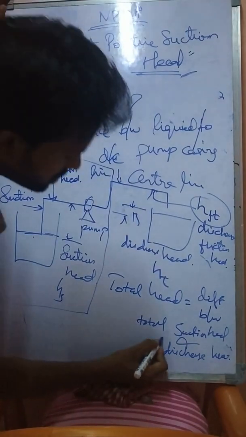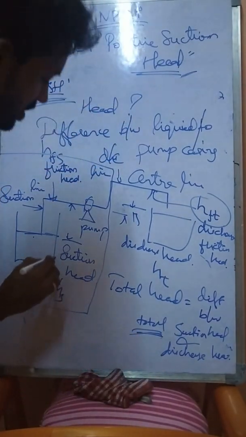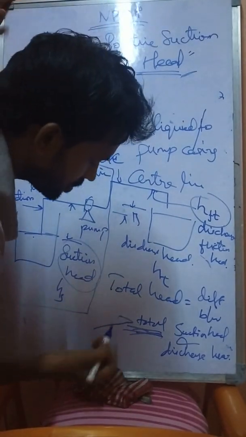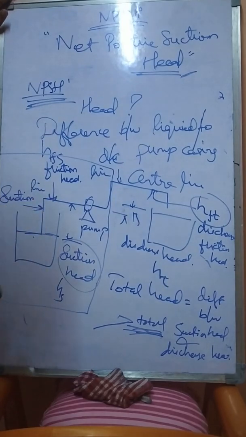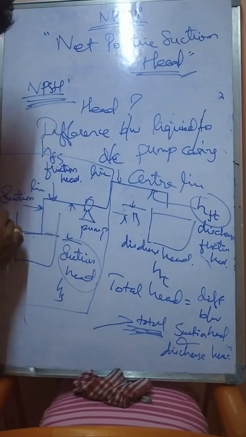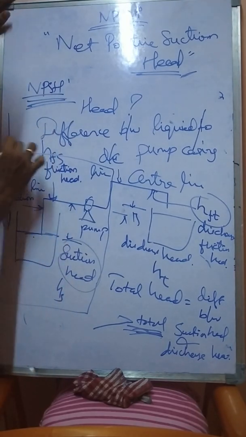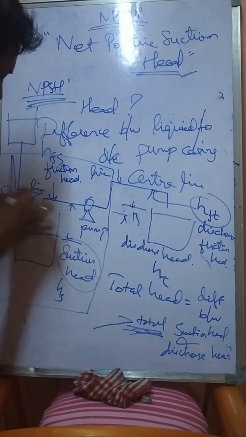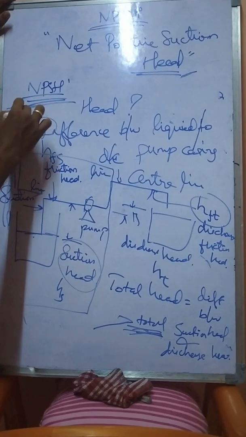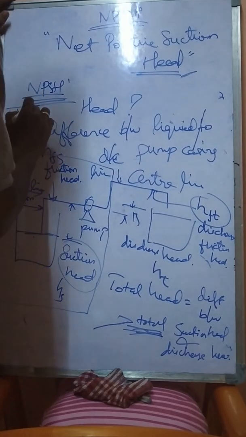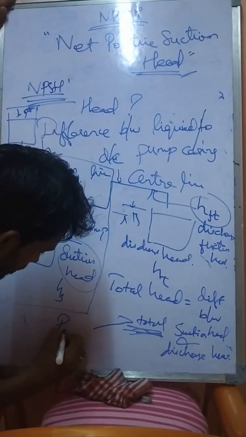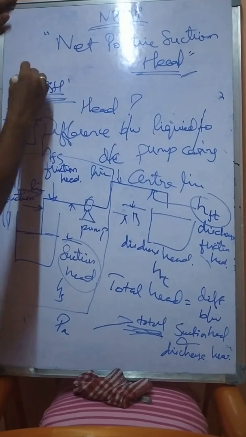So here I mentioned total suction head. So what is total suction head? Total suction also takes into account the atmospheric pressure, or in some cases vacuum. If it is a tank at a higher elevation, and it is a closed tank, some pressure is acting here, so that should be taken into account. If it is an open tank, that is atmospheric pressure.